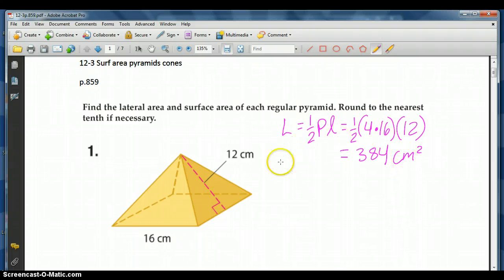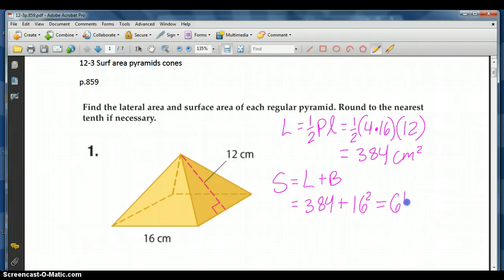From there, we also want to find the surface area. The surface area is equal to the lateral area plus the area of the base. Since my base is a square, my lateral area is 384 plus the area of the base, which would be side squared. I want to multiply the length of my side of my base times itself, so 16 squared. So this gives us 640